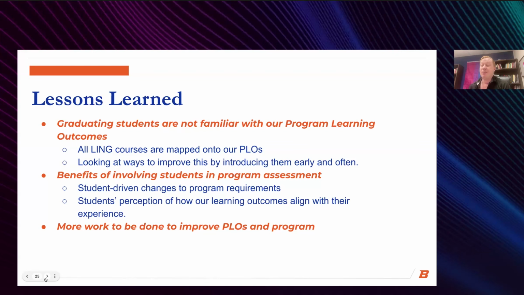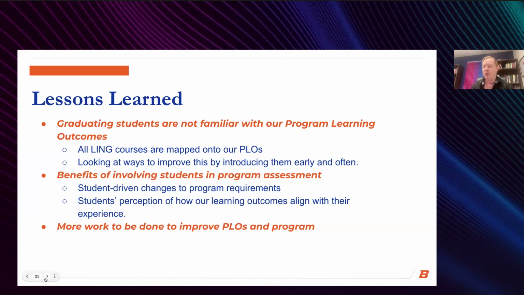We've also been able to really benefit from involving students in this assessment program because of the feedback that they provide us. So not only have we raised our metrics, which is something the university wants, but it's given us the ability to make these student-centered changes to our program and requirements and show how these learning outcomes are aligning with their experience through their coursework. It helps show them how collaborating with students reveals how they're in charge of their own learning. Giving them a chance to provide that feedback also gives them a chance to influence the learning success of future students that are in the program.